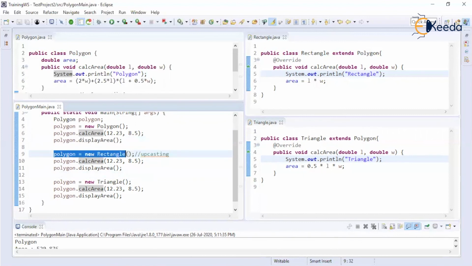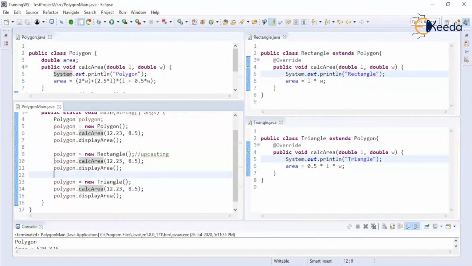Then the compiler comes here. Reference of superclass equal to object of subclass. Is it a valid statement? Answer is yes. Why? Because a reference of a superclass can hold an object of its own subclass. Then the calc area method is called.